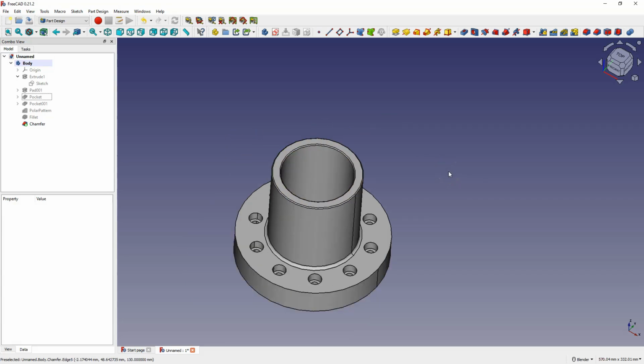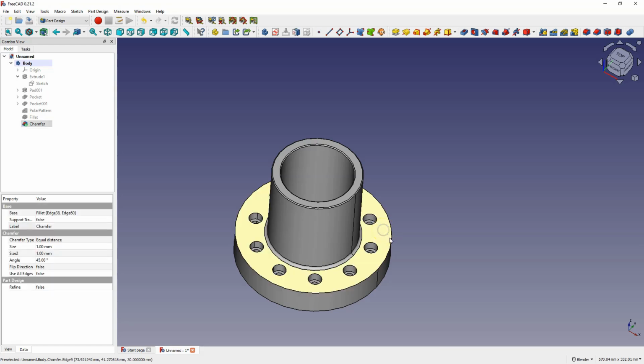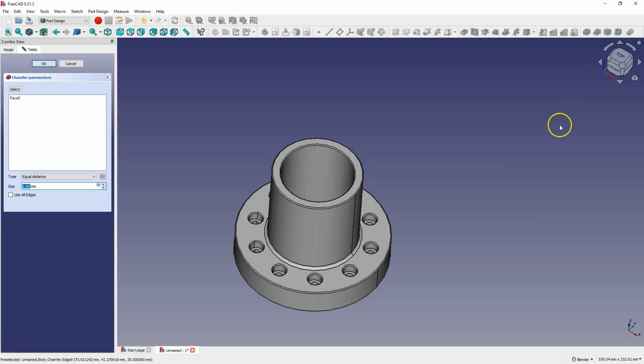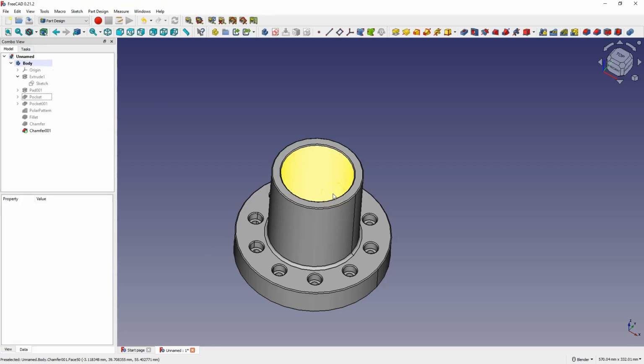However, if we want to add, for example, a chamfer to the outer edge of this solid and the edges of each hole, there would be quite a lot of selecting. But chamfers and roundings can also be added to all edges of the selected face. If you select this face and select chamfer command, the chamfer will be added to all edges on this face. Here we define the chamfer dimension 1 mm, click OK to accept,